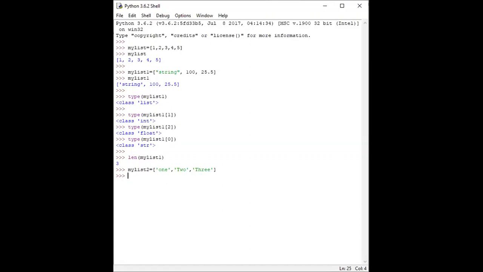If I want to call a particular value, I can call my_list2 with square brackets, for example the last address, and it shows the last address value is 3.